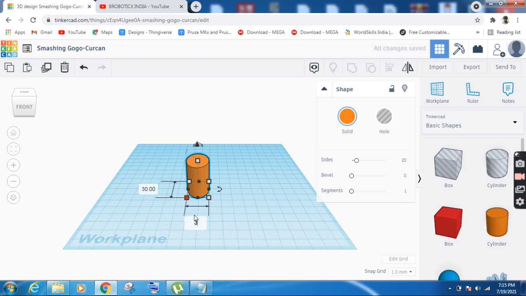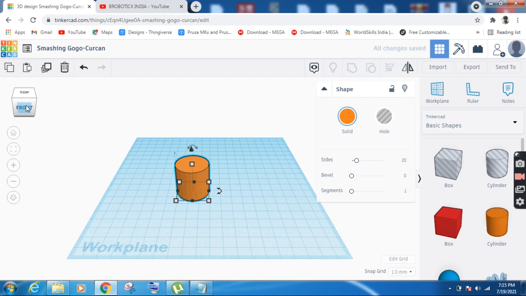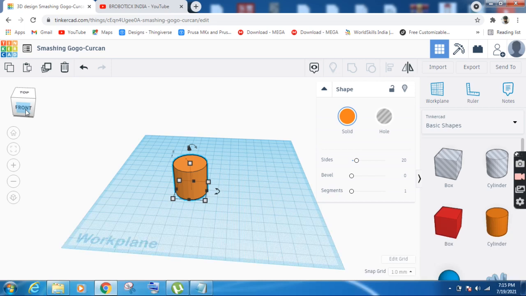So it is going to be 30 here. Okay, so I have changed my diameter here. My 3D cylinder got bigger in size, because the diameter increased and the height also increased, so it is bigger now.